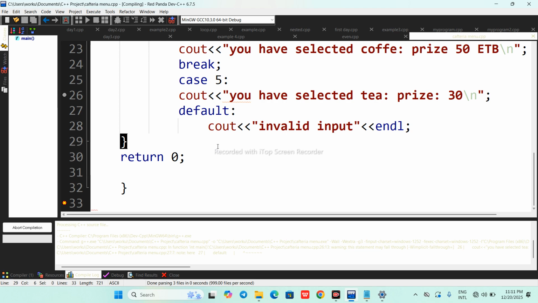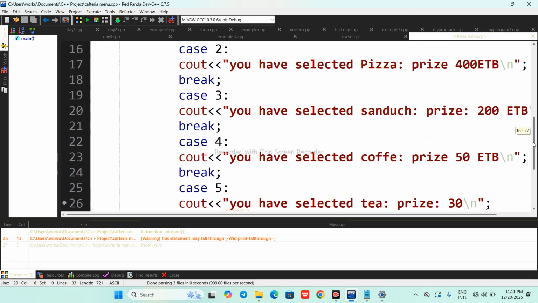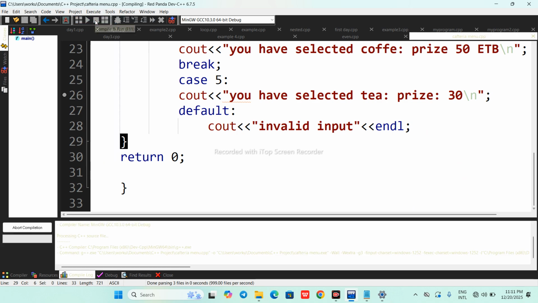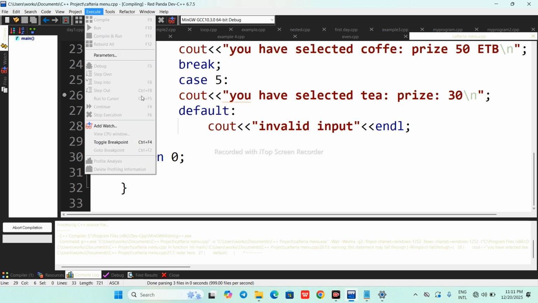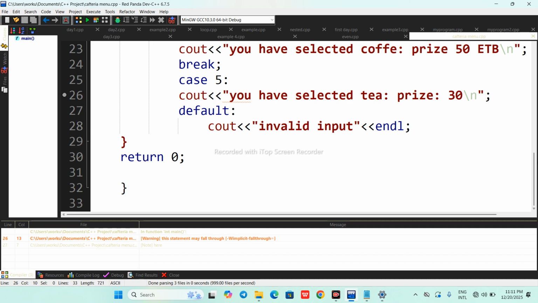Now I think it is fixed. There is a warning, but the warning is maybe no problem. We run the program.